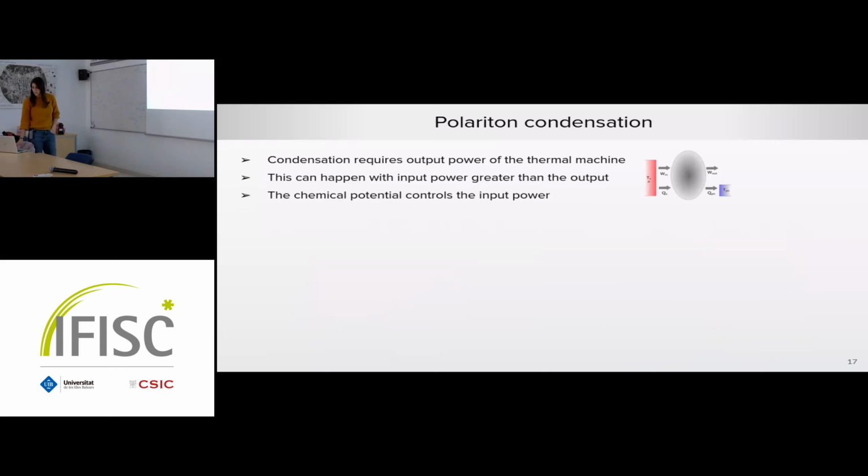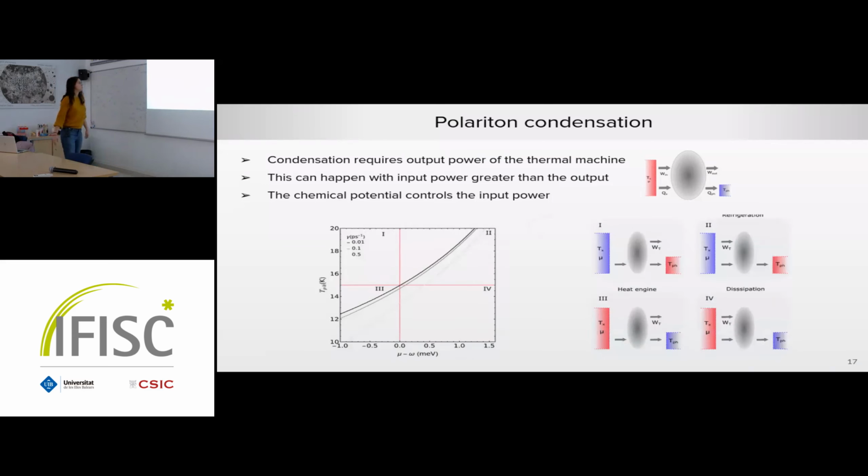Okay, and then the other thing is that we can also have condensation with this heat engine operating in different modes. So as I said, remember I said that this was both heat and work. So because of that, depending on the chemical potential, we can have, for example, the work input greater than the work output, or the other way around. And we can also then change the temperatures of the hot and the cold reservoir. So here are the 4 possible regimes. And this is the plot.